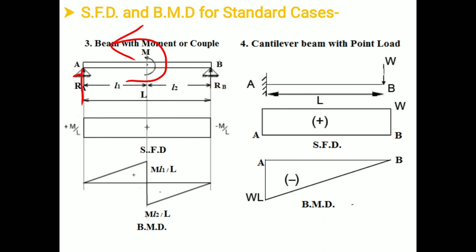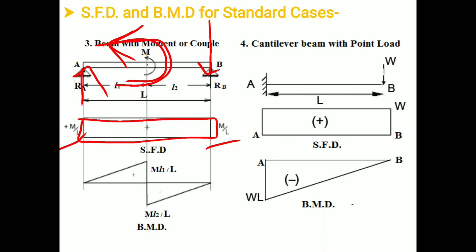So the reaction will be in this manner. The reaction at A will act in upward direction, whereas the reaction at B will act in downward direction. Because this particular moment is acting in anticlockwise direction, to balance this moment, the couple due to the reaction will act in clockwise direction, and the value of that particular reaction is M upon L and M upon L. So this is the shear force diagram for the beam with moment or couple,